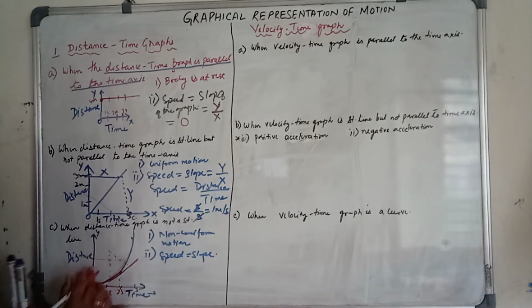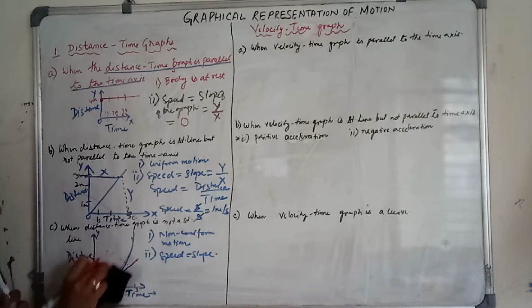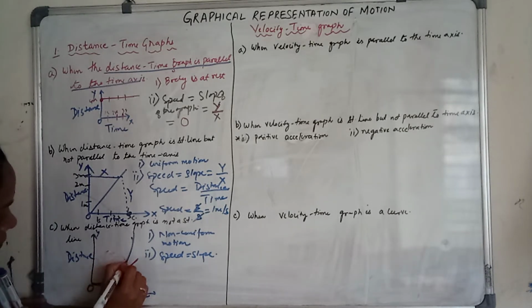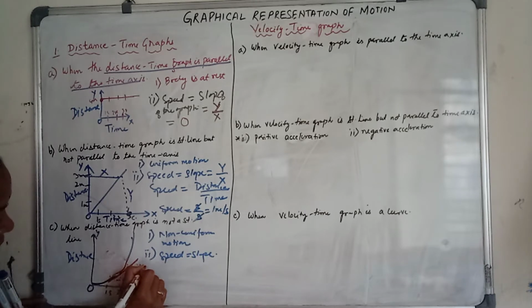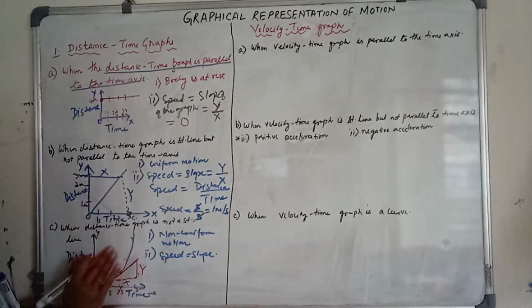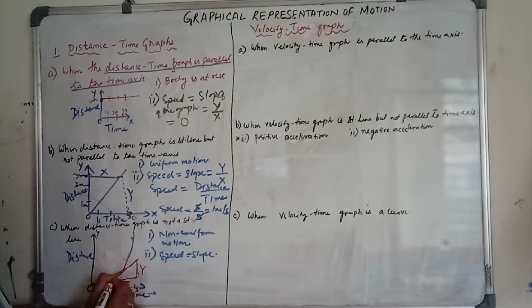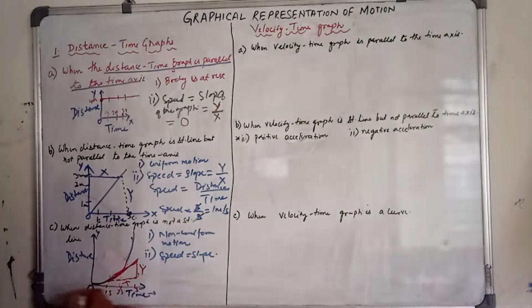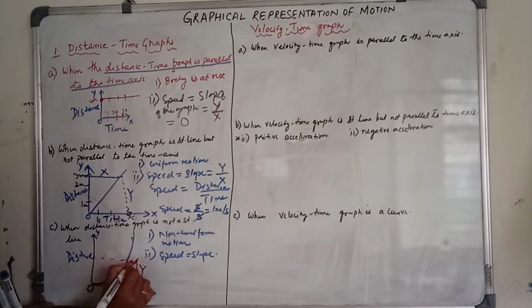Now complete this triangle. Wait, I'll draw nicely. So here you complete this one and this one. Now here this is your y-axis and this is your x-axis, this triangle. See, here also we had a triangle for the uniform motion, but for non-uniform motion, just draw the tangent line and complete the triangle. With the help of this tangent, you just draw the triangle. Then you write down the measure.